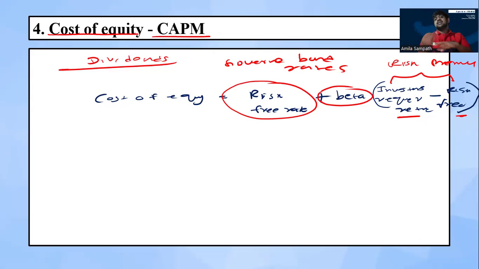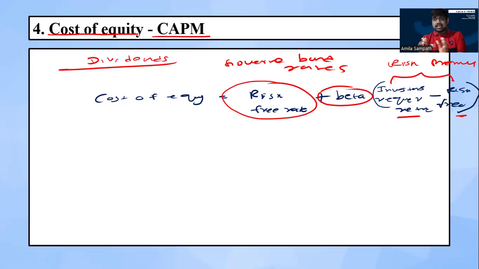Then risk-free rate, we can directly get it from the relevant country's central bank. For example, Sri Lanka, we can get it from the Central Bank of Sri Lanka, CBSL. Like this, directly we can find the government bond rates. Then investor required return,